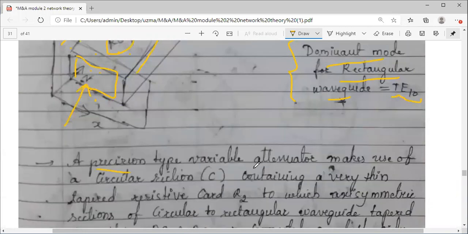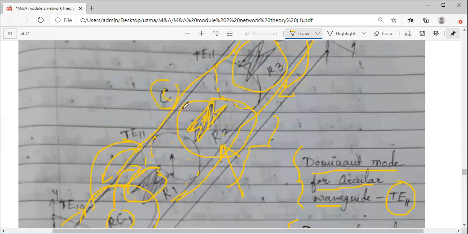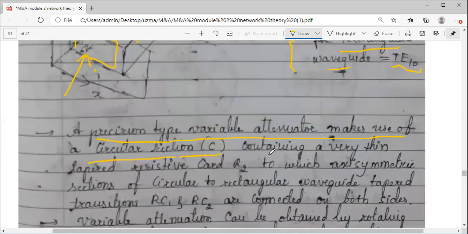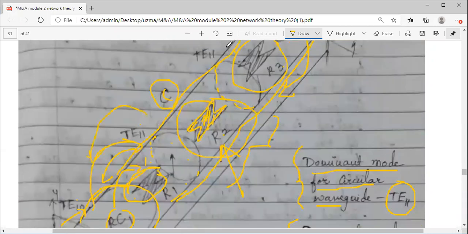A precision type variable attenuator makes use of a circular section C. You can see there is a circular section C at the center, containing a very thin tapered resistive card R2. So जो circular section center पे है, in that section you are keeping this resistive film R2. And for this circular section, what other two things are attached? You can see there is a circular section and there is a transition at both the sides,